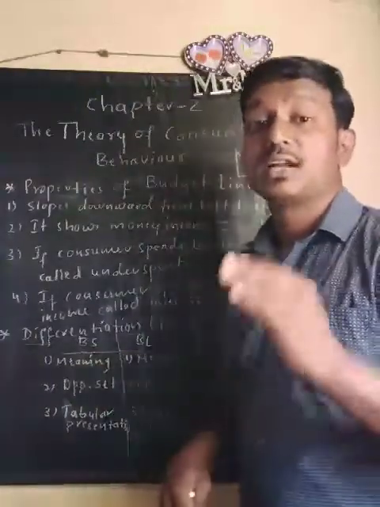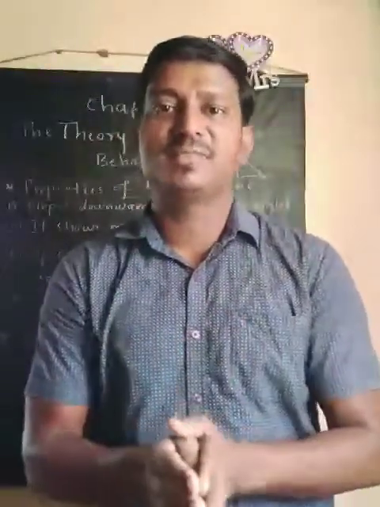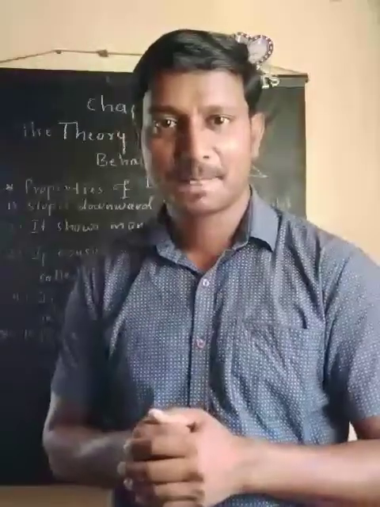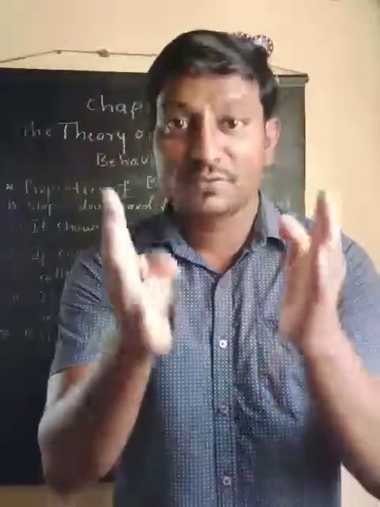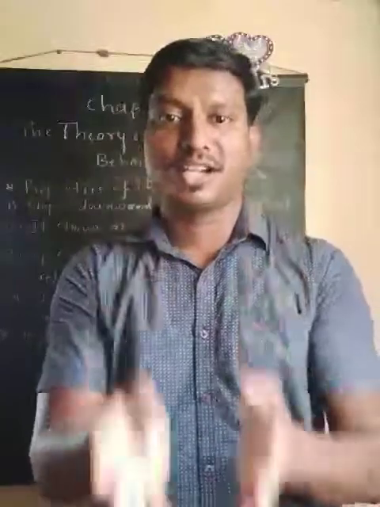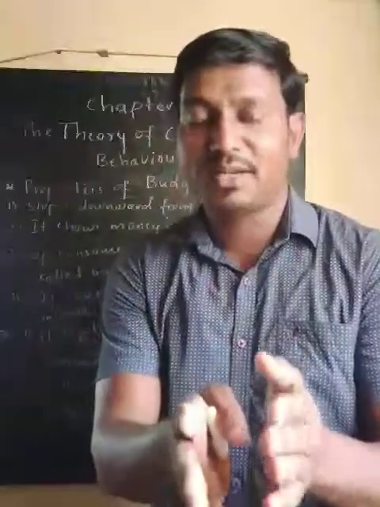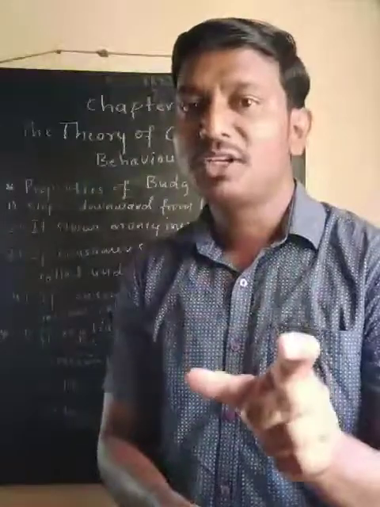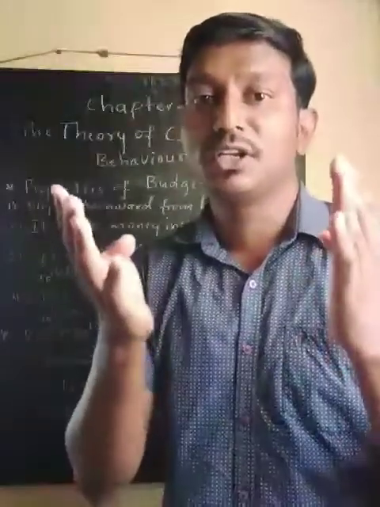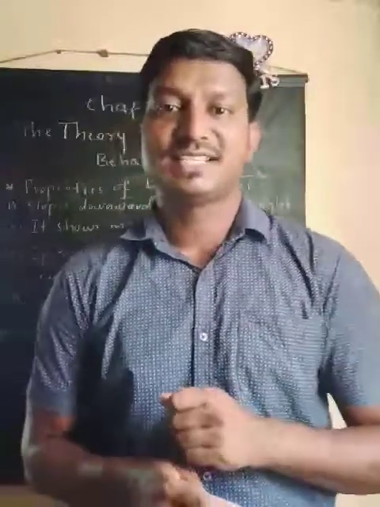The first one, the point of meaning. What is the meaning of budget set? Budget set is the collection of different bundles of two commodities which are available to a consumer at the prevailing market price and given level of income. So within the market price and the given level of income, how many different combinations or collections of bundles we can obtain, that is called budget set.